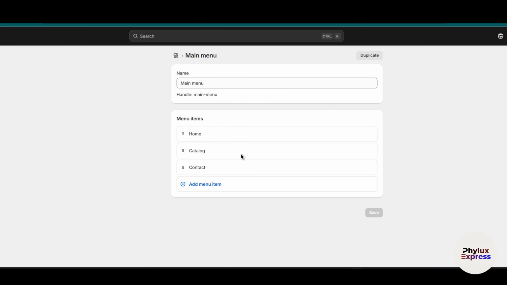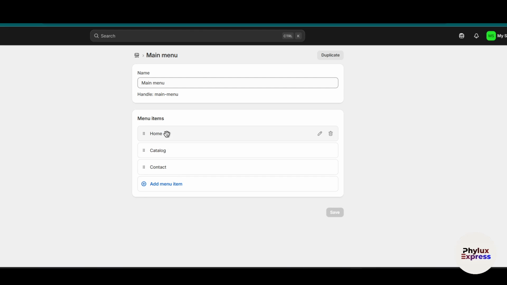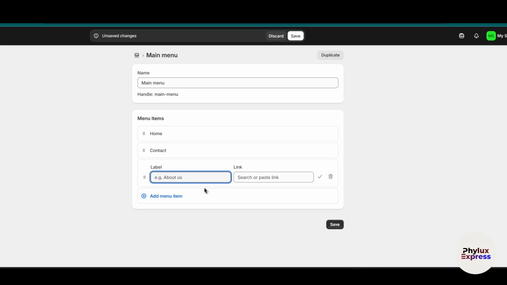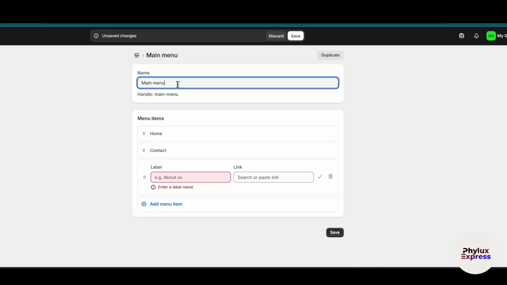Now click on it. As you can see in the main menu, I have Home, Catalog and Contact. So I'll just delete this Catalog first. Now I will add a menu. The name, instead of main menu, I will make this Shop